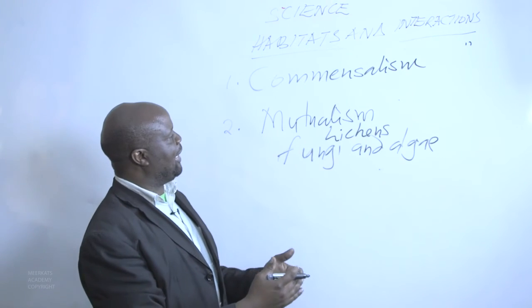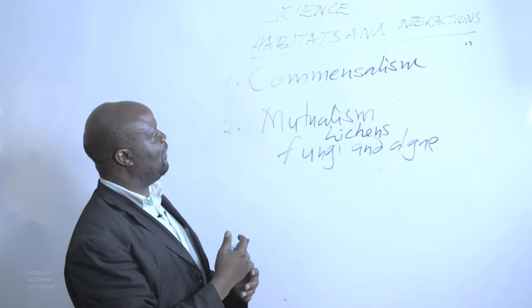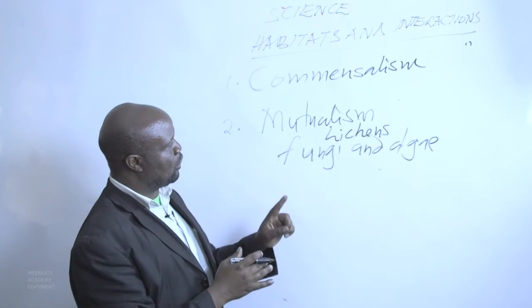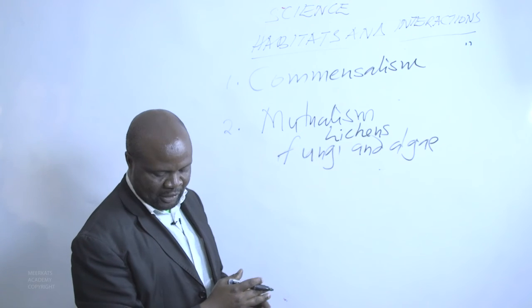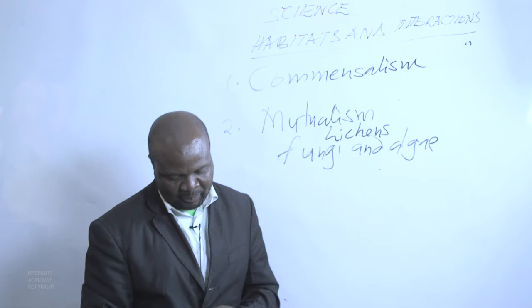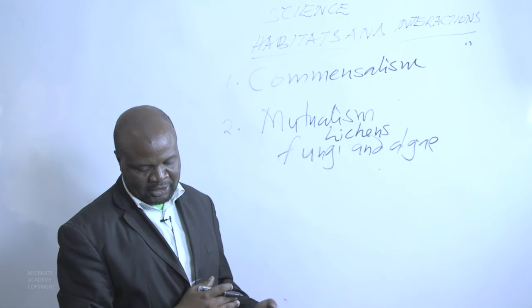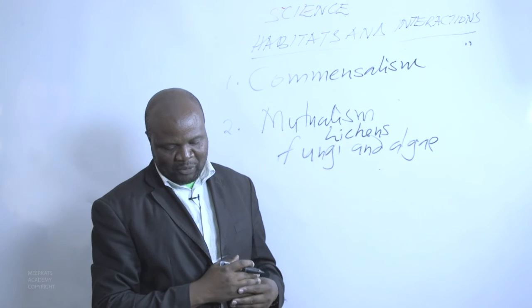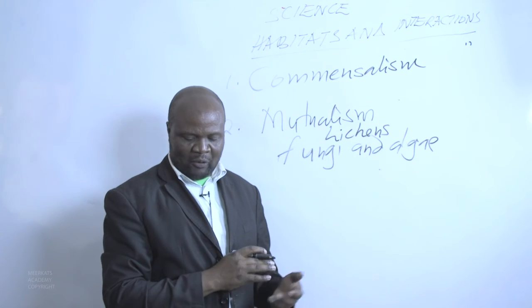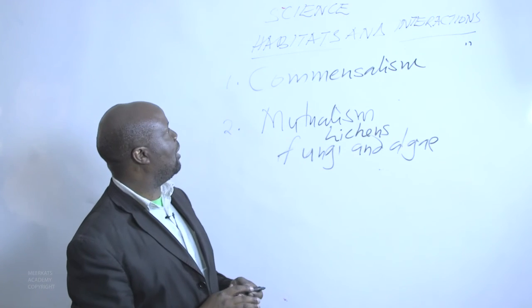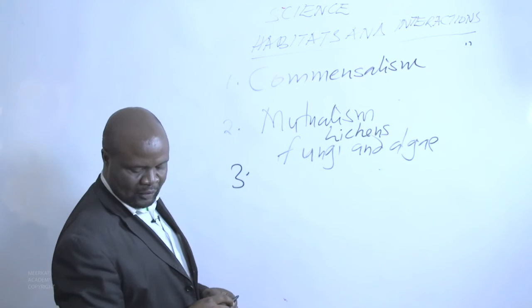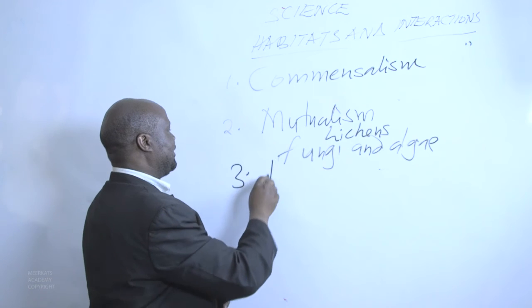So we find that algae is depending on fungi to give it protection, while fungi is depending on the algae to manufacture food so that it can feed on that food. So we can see such a kind of relationship. We say it is a mutual relationship, whereby an algae makes food from the sunlight, and the fungus uses this food by offering back protection. Then from this kind of relationship, we can go to that kind of relationship, which we call parasitism.